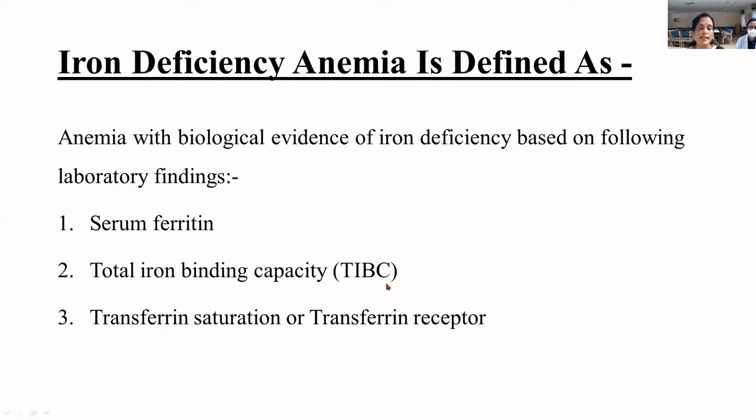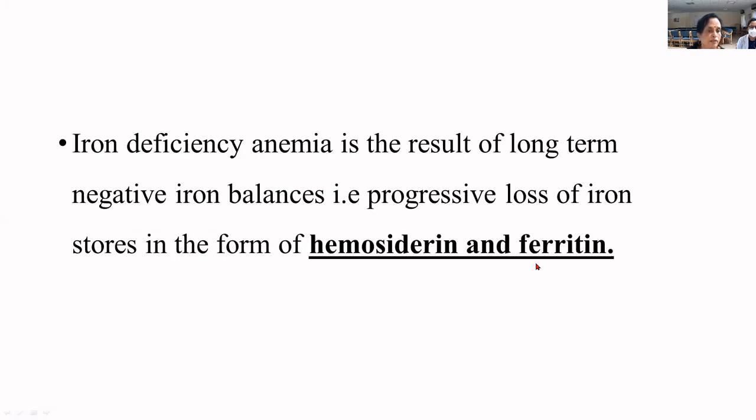So why do we say there is iron deficiency, or how do we say? How confident are we to say that this is anemia due to iron deficiency? We need all of this to be evidence-based: investigations, methodologies, and laboratory medicine. Serum ferritin, what is serum ferritin? You all told me last class that this is a storage form of iron. So reduced serum ferritin, total iron binding capacity, transferrin saturation or transferrin receptor. What happens to all these? That means we do ferrokinetic studies and then confirm it. So this slide has only one point.